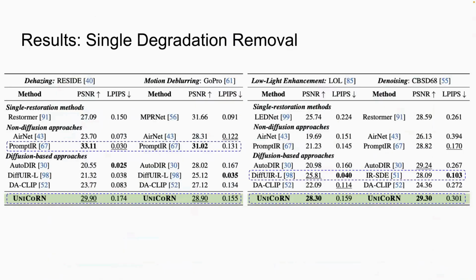We also look into some single degradation removal. Now, it's noteworthy that this is not our primary task. Our primary task was to see how we can remove real-world or complex degradations, but we nevertheless try to see our model's efficiency and performance in single degradations. And we see that our model does perform pretty well, especially in low light enhancement and denoising tasks, where we obtain state-of-the-art results. And we are second best for dehazing and deblurring results, but the difference is that we have competitor models here which have been optimized for these tasks specifically, while our UniCoRN model is a universal image restoration model, and this is not optimized for each task specifically. So it's a general purpose model.